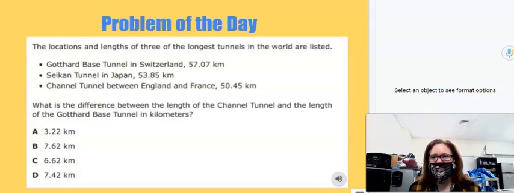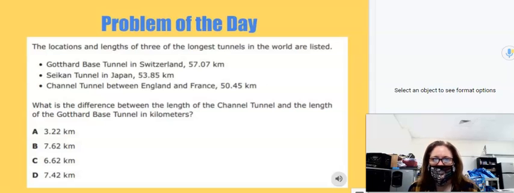Okay, what did you get for the problem of the day? The locations and lengths of 3 of the longest tunnels in the world are listed. Gotthard Base Tunnel in Switzerland, 57.700 kilometers. Seikan Tunnel in Japan, 53.850 kilometers. And the Channel Tunnel between England and France, 50.450 kilometers. What is the difference between the lengths of the Channel Tunnel and the length of the Gotthard Base